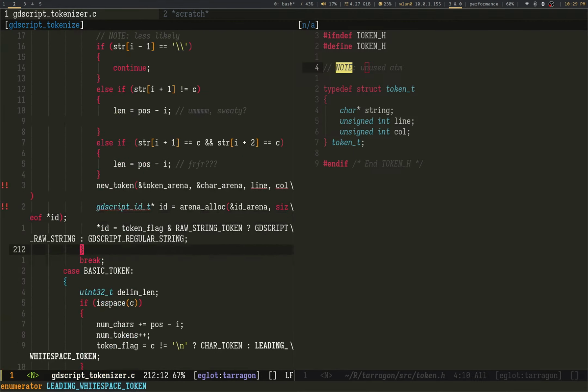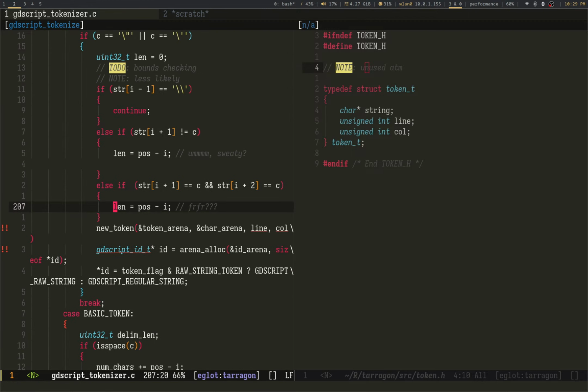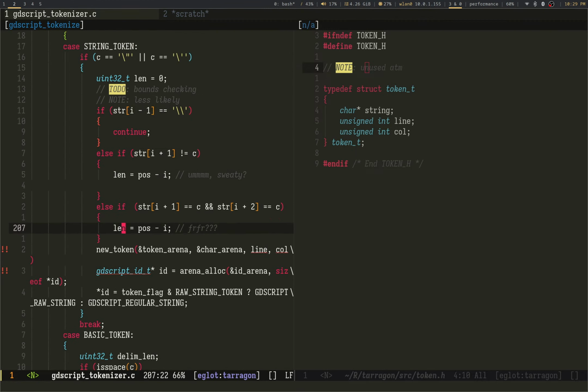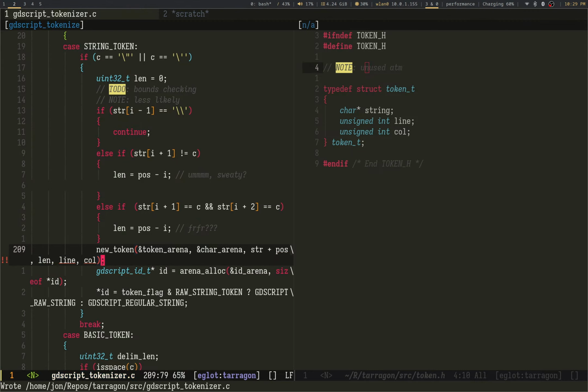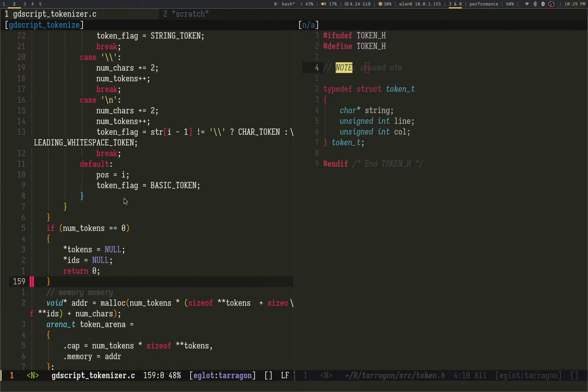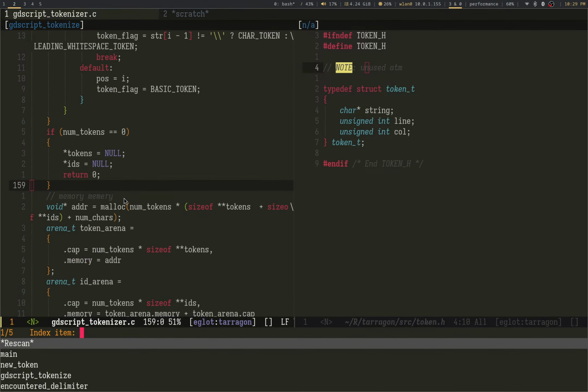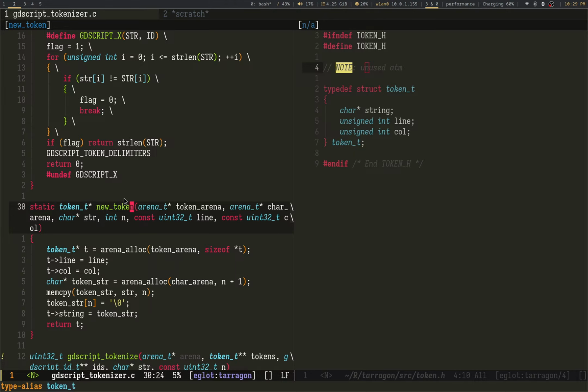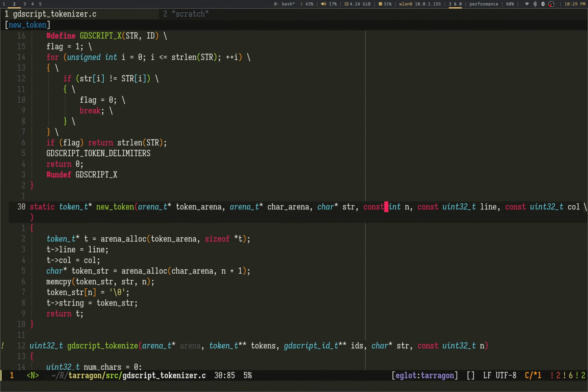Yep. Then string is going to be pause to len str plus pause len call. Leg room over here.